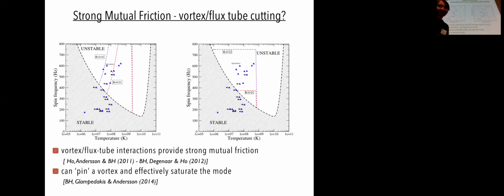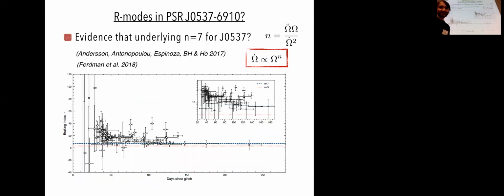Okay, and so that's it. I'll skip this. And so these are my conclusions. I just wanted to give you a flavor for what kind of problems we have with superfluids in neutron stars, of pulsar glitches and how they can guide our understanding and what we want to understand. And of course, the limitations of these models. And then there are many open questions. I've just listed a few here.